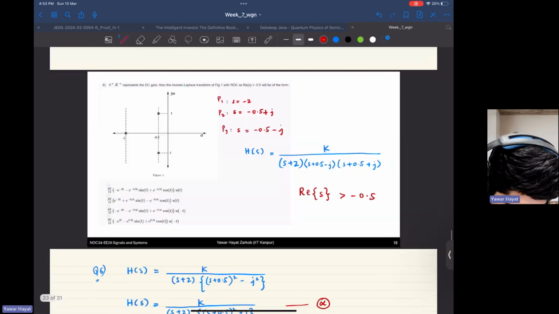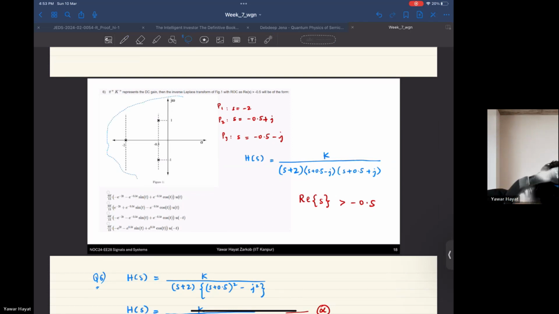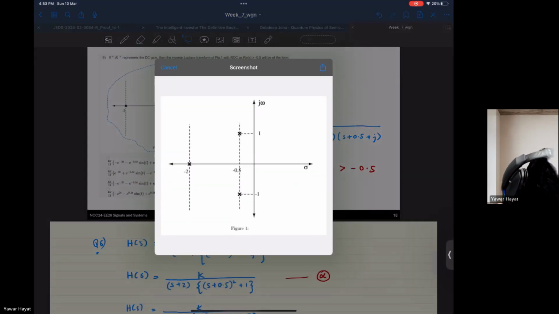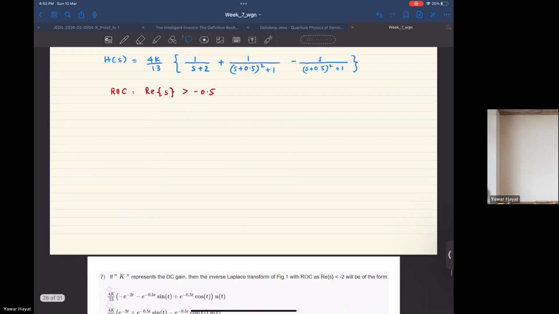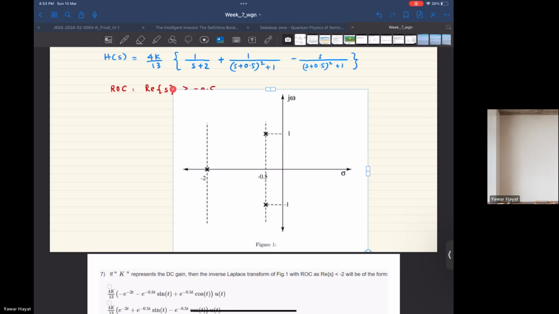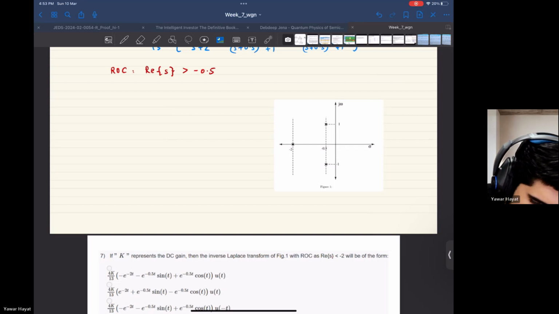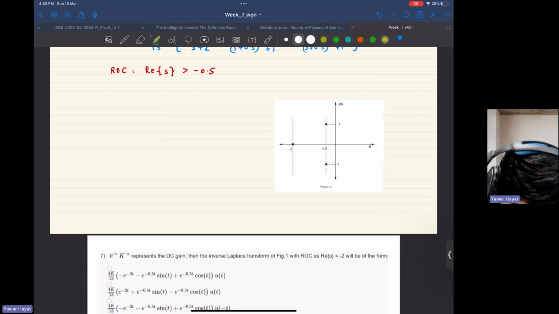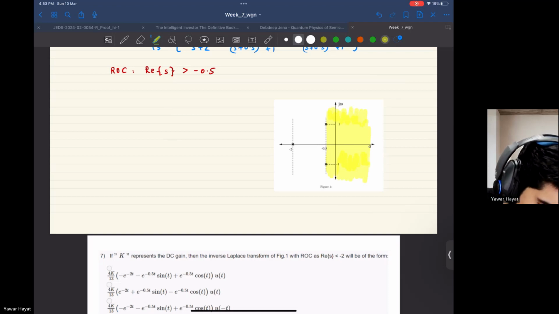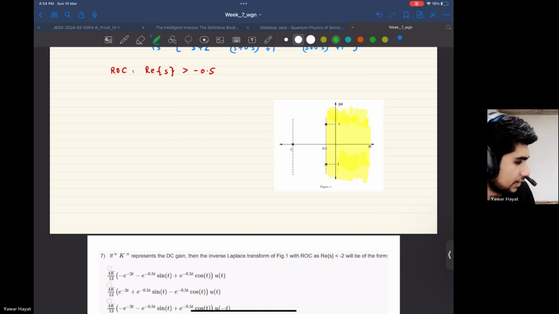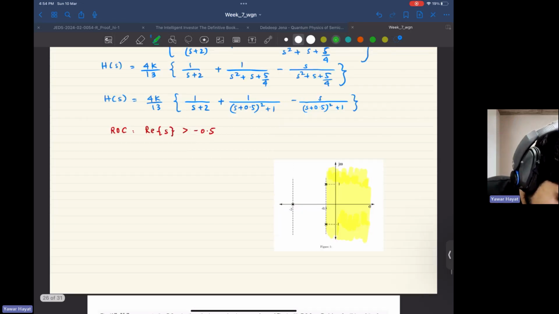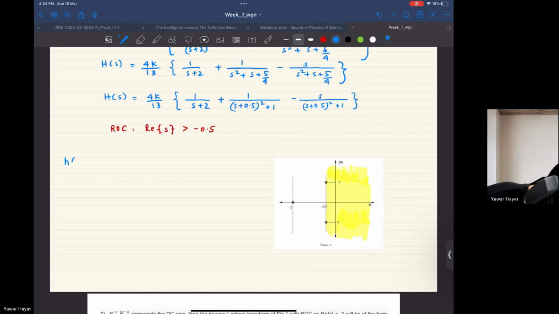So this was right. So what is my ROC? My ROC is this part, whatever sigma is greater than minus 0.5. Now, if that is the case, as we saw in previous questions, I'll now write this expression for h of t. H of t would be